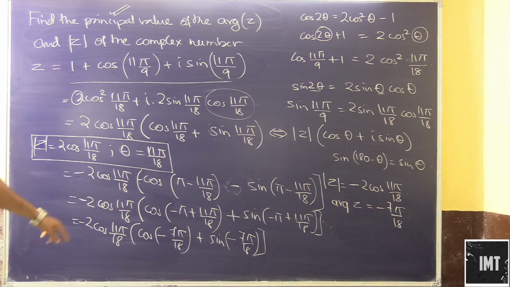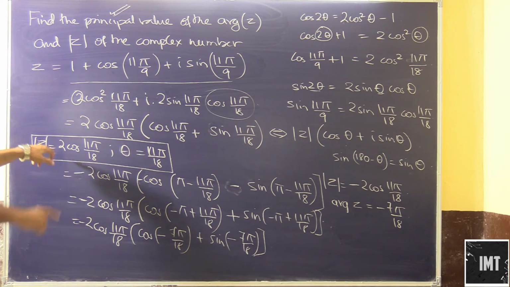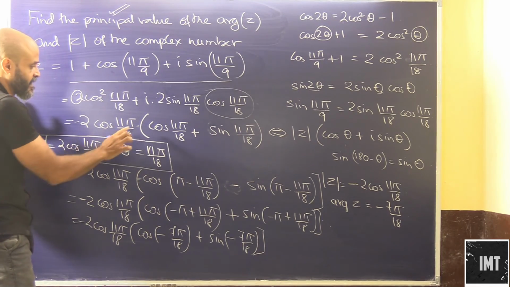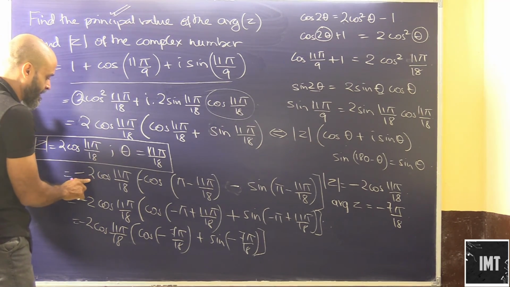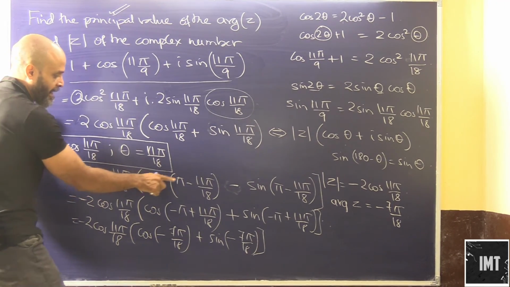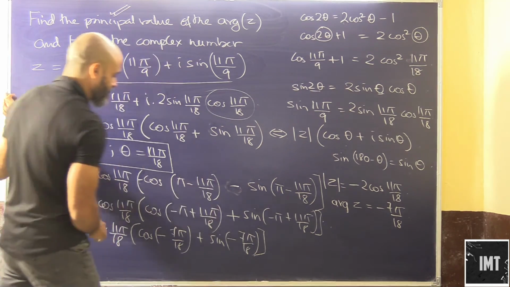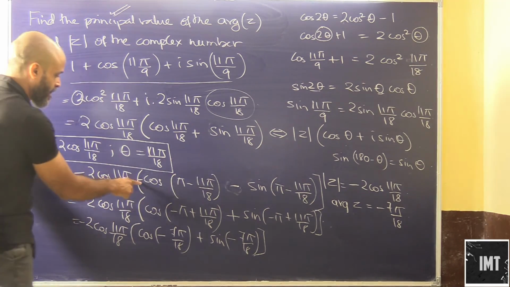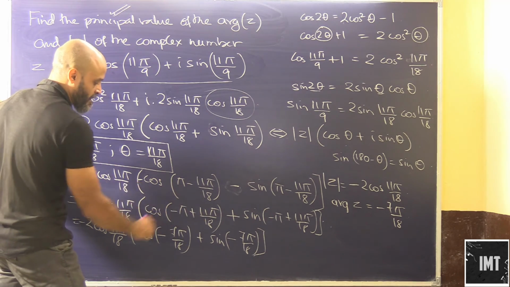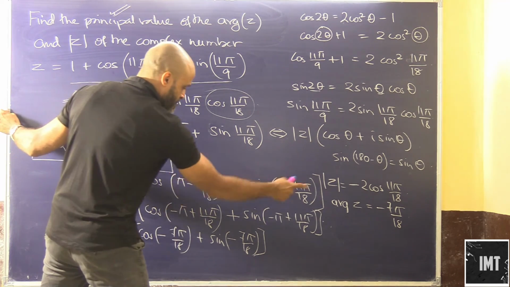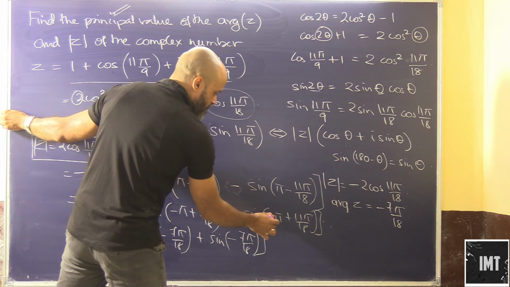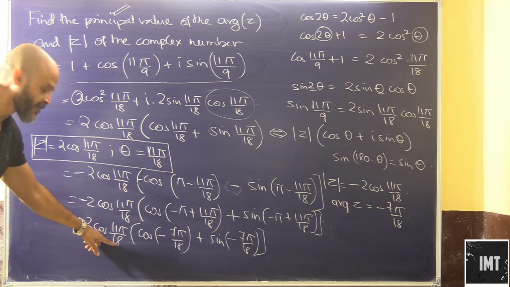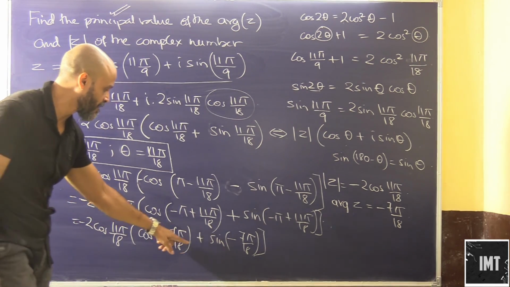So what we are doing here is, in this I am multiplying this by minus 1 and this by minus 1 as well. So we get minus 2 cos 11 pi by 18 minus cos minus this, because this minus and this minus taken out as common will be resulting in this. Now if I take this minus inside, it becomes minus pi plus 7 pi by 18. If I take this minus inside and convert this into plus, this will be minus pi plus 11 pi by 18. So this gives us minus 2 cos 11 pi by 18, cos minus 7 pi by 18,